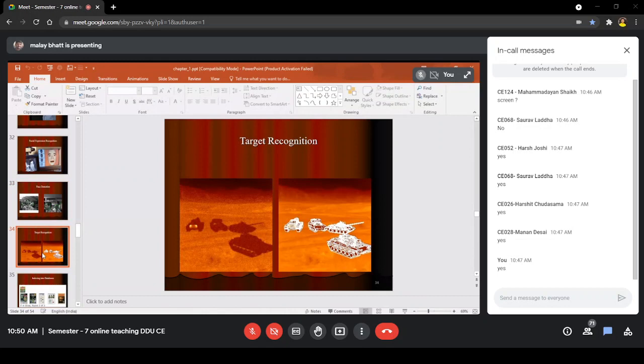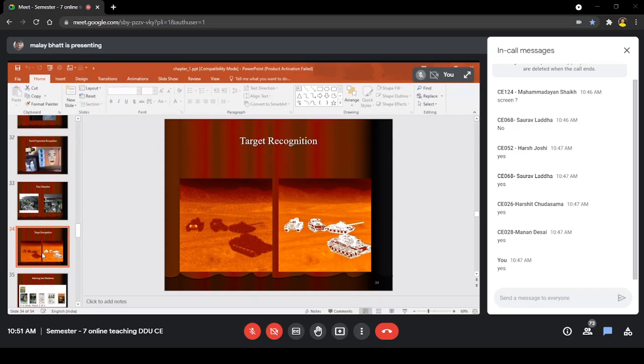This is also a very interesting application used in the military. At the border in the night, images were captured so that any movement can be detected by the other countries at the border. So here, from the original image, which is taken by a camera at night at the border, image processing techniques will be applied, and it will recognize the object which is recognized as the tank and another jeep and other things.